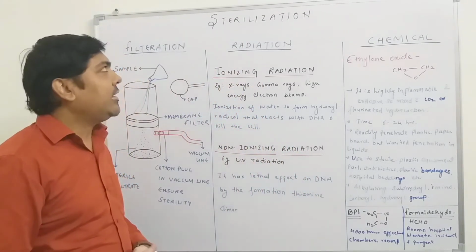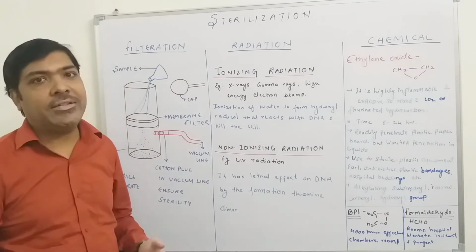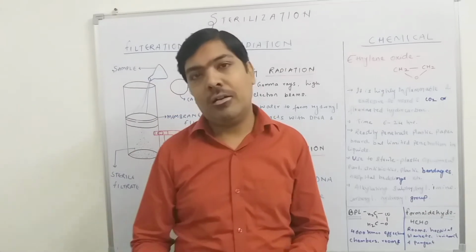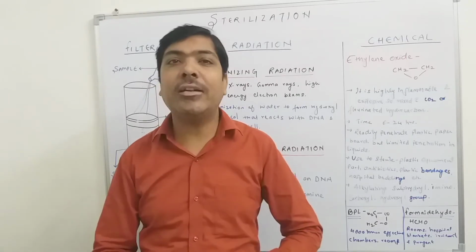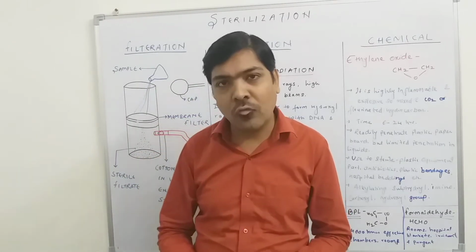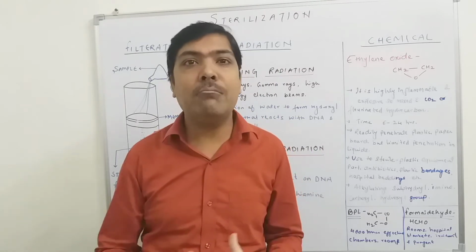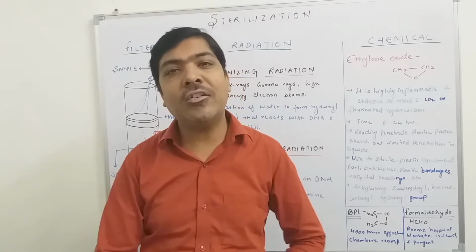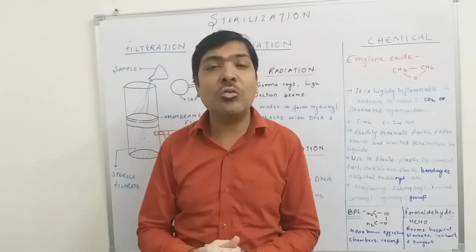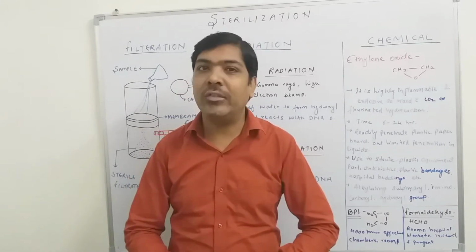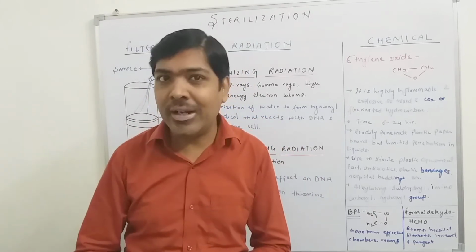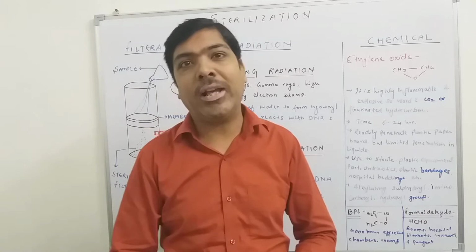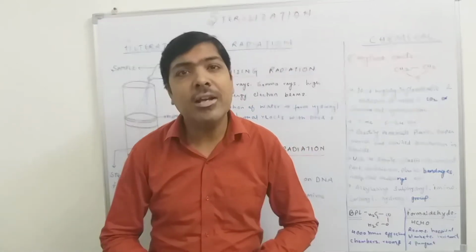Now coming to the next method of sterilization, that is sterilization by radiation. Sterilization by radiation is also a very common method. We can take an example from our home. If we have to de-germ any beddings or food articles, then generally in our homes we keep this material under exposure to sunlight. We say that because of the exposure to sunlight, we can reduce the count of microorganisms and easily remove the germs.